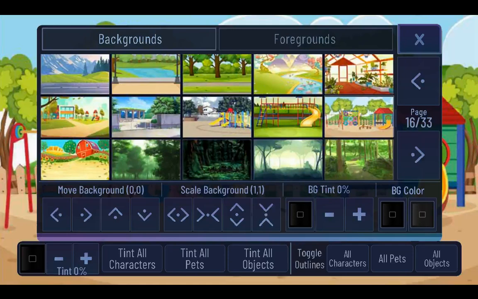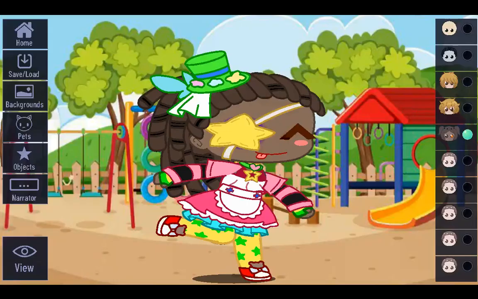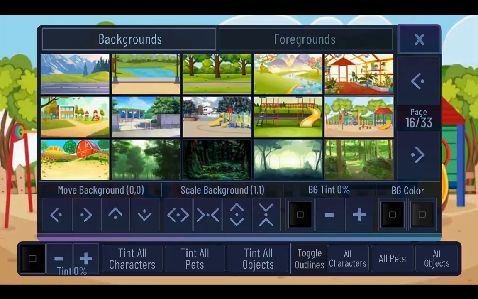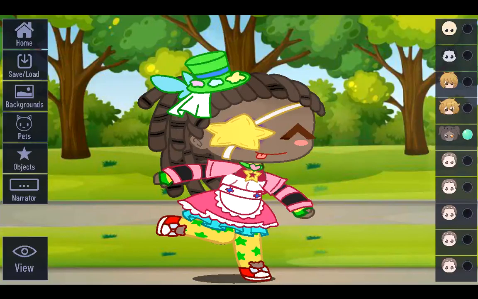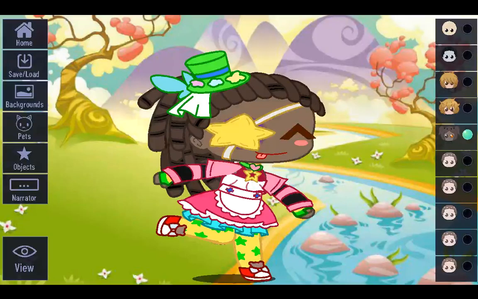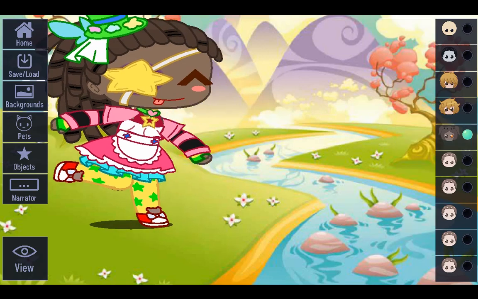Anyway, so these are one of the backgrounds that I would have been using if I was making a kid core skit. So, well, no, it doesn't look so cheerful. But this would be me if I was lost. And in this area would be me running somewhere and then finding a beautiful place. Let me just put her aside over here so it can actually look like she's standing here. This is basically me though. So yeah.